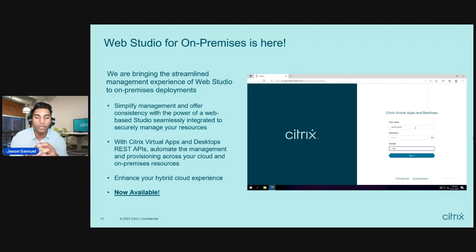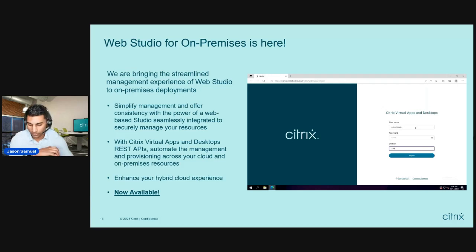It's very gray, whereas if you've ever used the Citrix Cloud DaaS control plane, it's very rich. It's always changing. You can throw logos in there, pictures. It's colorful. It's really nice to use. It's elegant, right? So we wanted to have that same experience for on-prem. And so what we did is we rewrote Studio completely to where it's using the same REST APIs across the board. So now on-prem and the DaaS-based Web Studio are both using the same code base, the same REST APIs, and they give you the same experience. So this is now available, and you can utilize it.